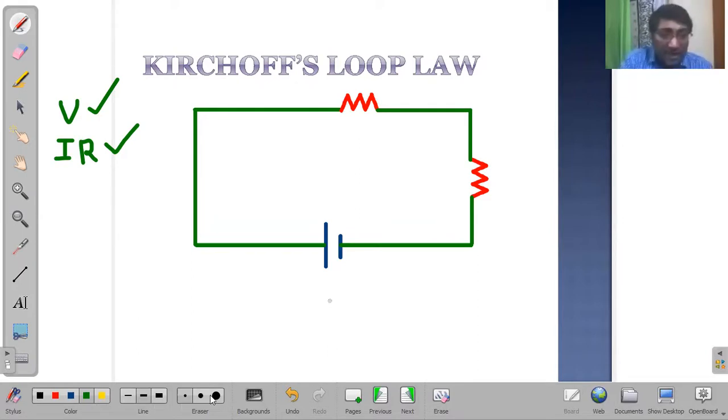So let's say I want you to imagine something while doing this work, guys. I want you to imagine you are walking on this path. Let's imagine you start at this location. Let's call this location A, and let's call this location B. Okay, A and B. The battery is in between point A and point B. Now, you're walking in this direction, from A to B. That's your path. It's like the park that I asked you to imagine before. So your walking direction is from A to B.